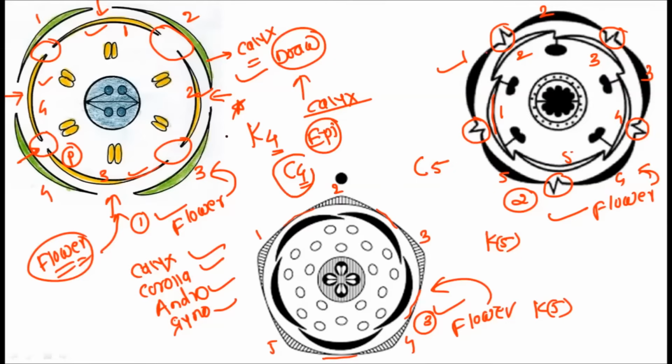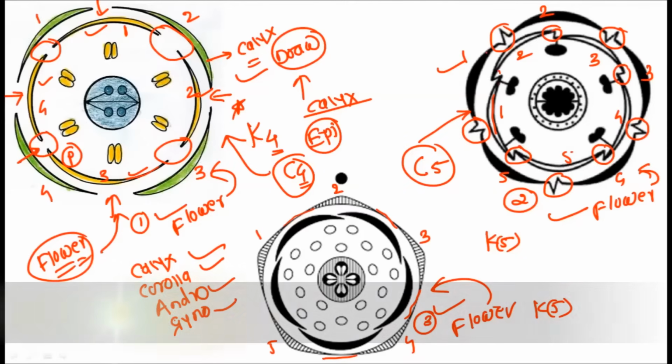In this particular flower we have the C4 condition, but in this particular flower we have the C5 condition. And observe the gamopetalous condition. The petals are fused with one another. See, petals are fused with one another. So here we have to give the bracket, that is the C5, but it should be in the bracket because the gamopetalous condition is there. That is the petals are fused with one another, right? And when the petals are fused with one another, we should put the bracket. So here we have completely C4 condition, and here we have the C5 condition along with the bracket.